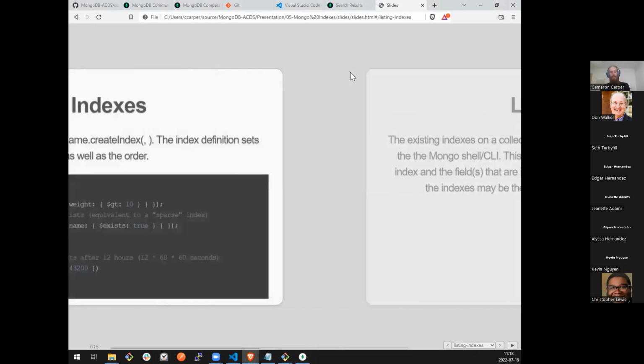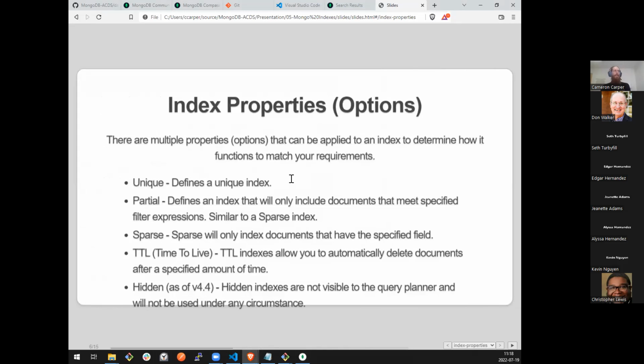So I said that I skipped TTL indexes. I'm going to hit this really quick because I really, really love TTL indexes, but it doesn't have a whole lot of bearing on this class. I want to make sure you know what they are though. If you think about network packets, they have TTLs. So if you ping a server, there's a TTL that says after this amount of time, that packet is trashed. This is that same idea, but applied to documents in a database.